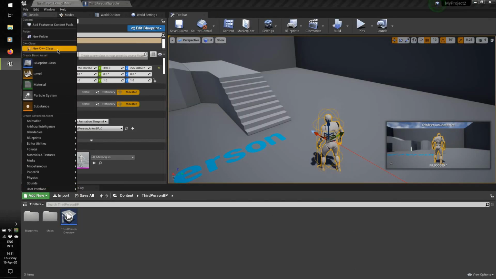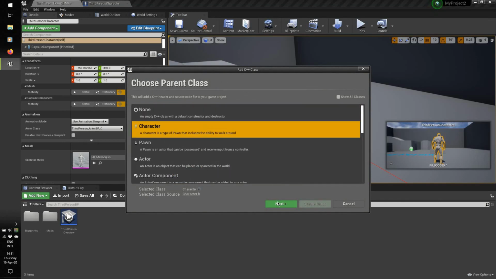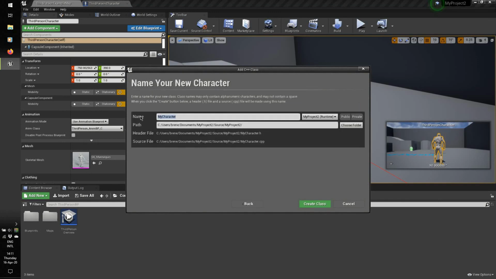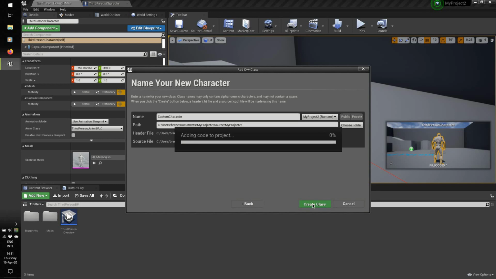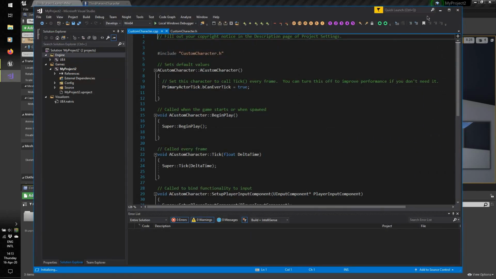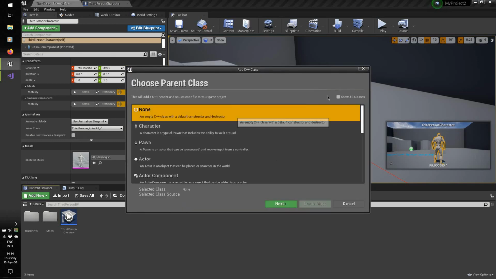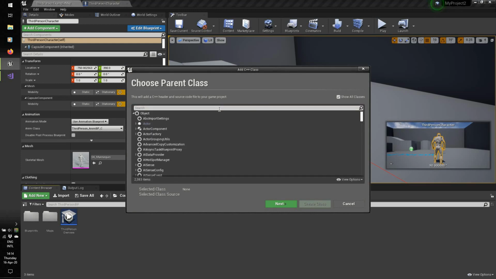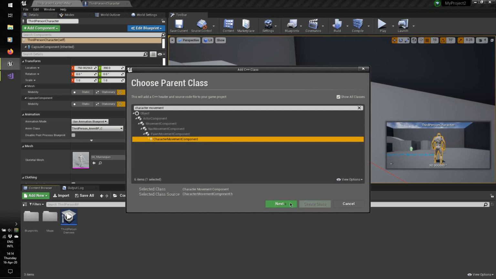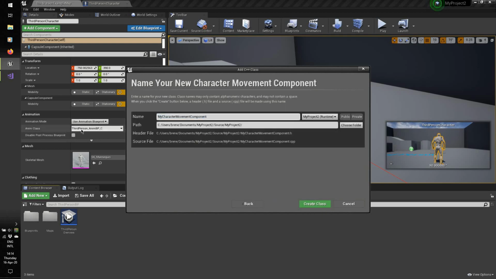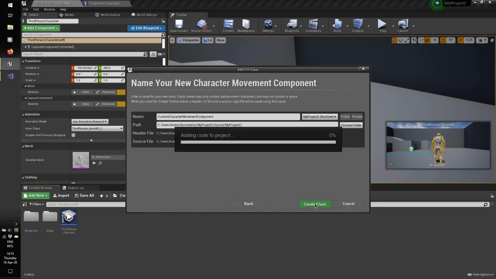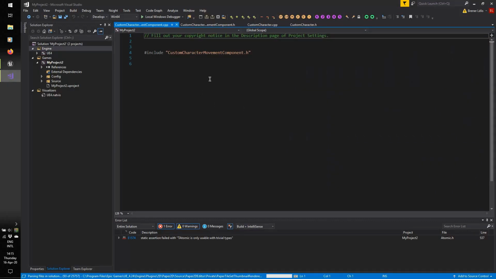First of all, I have to create a new C++ class with my character. I'm just gonna write here a custom character, and that's enough. So we have our custom character here, and we also want a C++ class for our custom character movement. So I have to hit show classes, character movement components. That's it. I'm just gonna put a custom character movement component. And let's hit create class. You have it here on our